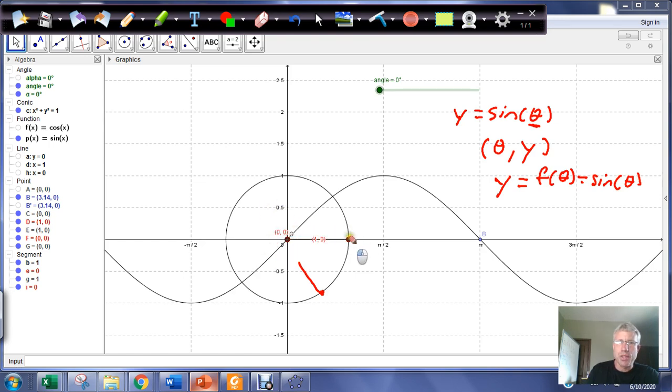And so once we understand that the outputs to the sine function are just the y coordinates on the unit circle, we can begin to understand what the graph of the sine function looks like. So here's the sine function right here, and what we want to notice is that it starts out at the